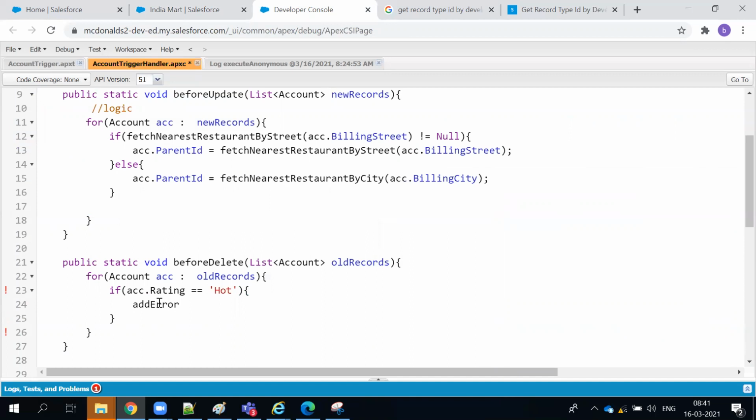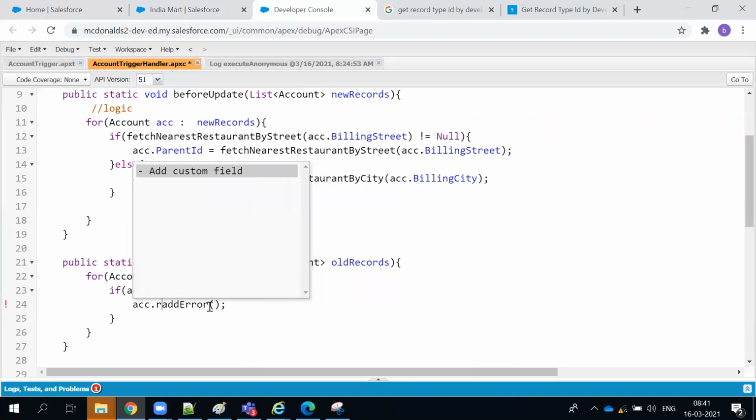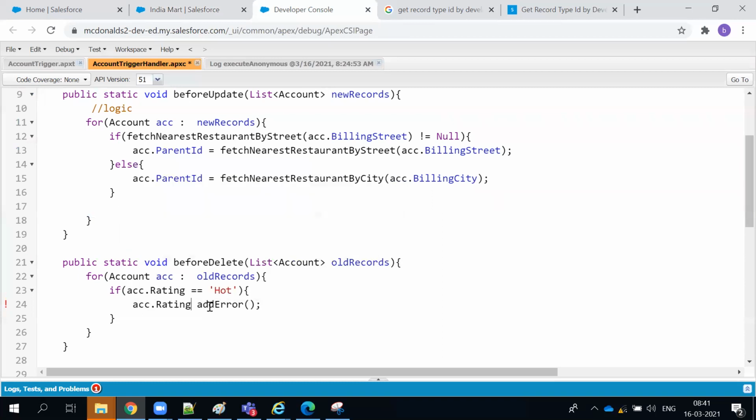addError is a method in Salesforce to throw an error, like we have in Visualforce. In triggers, we set that to the account record which is flowing in, account.Rating.addError. What it indicates is that it will display the error exactly where you're trying to delete the record, on top of the rating field. So let's see this. You cannot delete the record